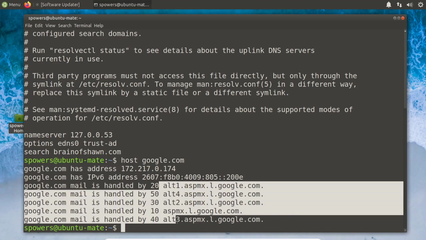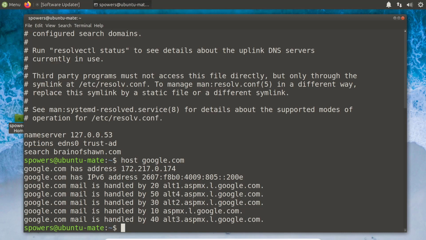And all of this other stuff down here, mail, we won't worry about that right now, but this is just other DNS information about the google.com domain. But notice it gave us an IP address for google.com, which is just awesome. And we can test to see if we can connect to it by doing the ping command. What ping does is it sends a packet of information to an IP address and waits to hear if that responds back. So we can say ping